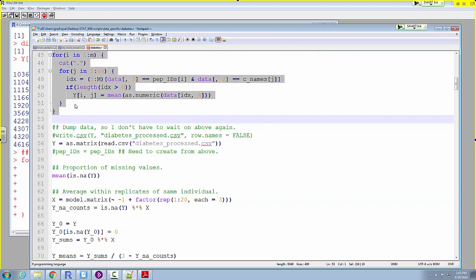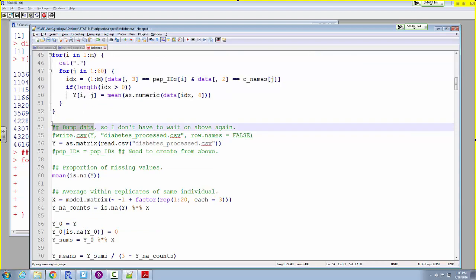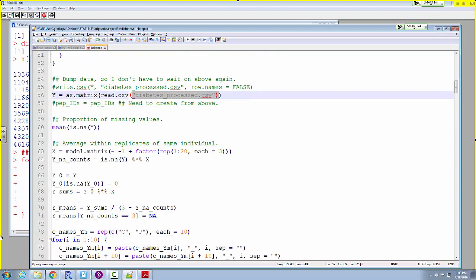And apparently this is going to take a little while because on my computer, I did that once and saved it to a file because it takes a little while. But I forgot to upload this version. So we'll let that run for a moment. Once we have this